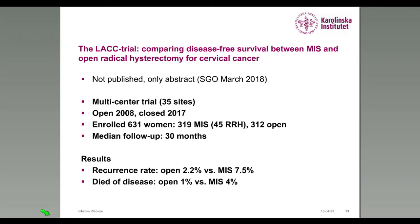So the results were very, very striking. They had a recurrence rate in the open arm of only 2.2% versus 7.5% in the laparoscopic or robotic arm. Only 1% died of disease in the open arm versus 4% in the minimally invasive surgery arm. So again, this abstract has been presented, and Professor Obermeier has been kind enough to share the